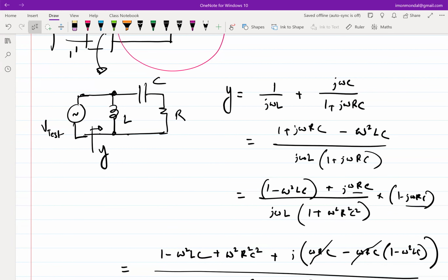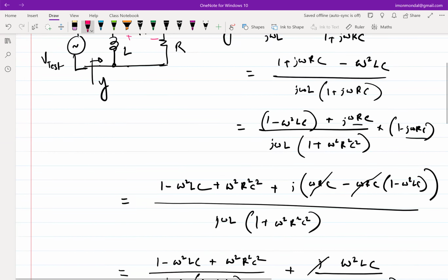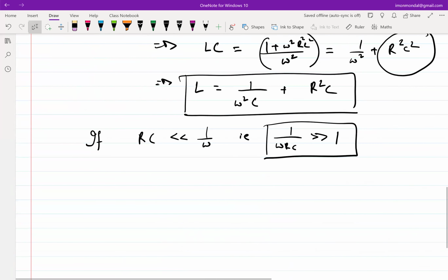if I make that approximation of 1 over omega RC is much greater than 1, what I'm essentially saying is that the impedance of this is more than R, right? So if you think about it this way, all I'm saying is that 1 over omega C is much greater than R. So the impedance of the capacitor is more than that of the resistor at whatever frequency we are looking at. Now, if you recall, in the class before the midsem,